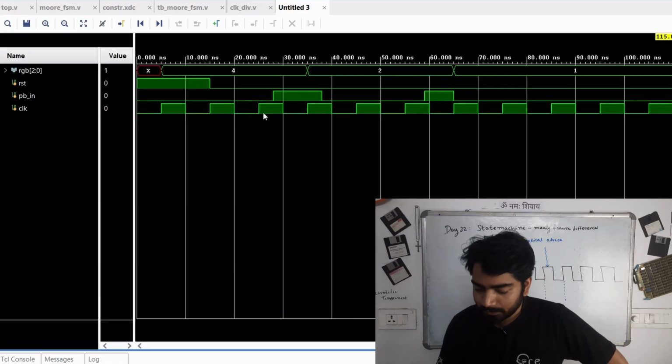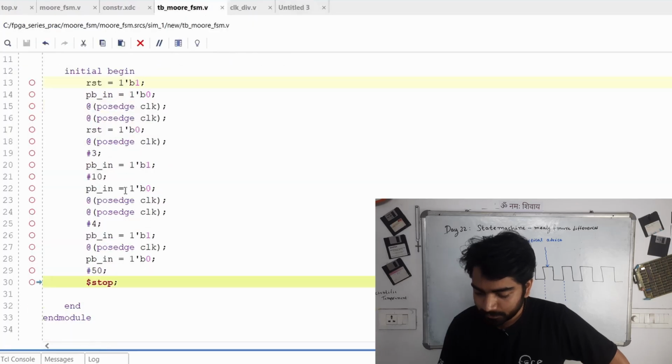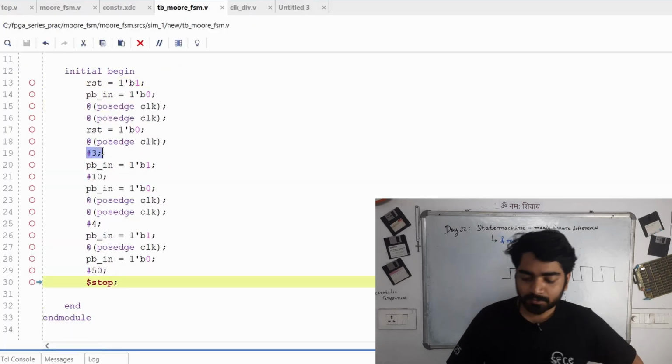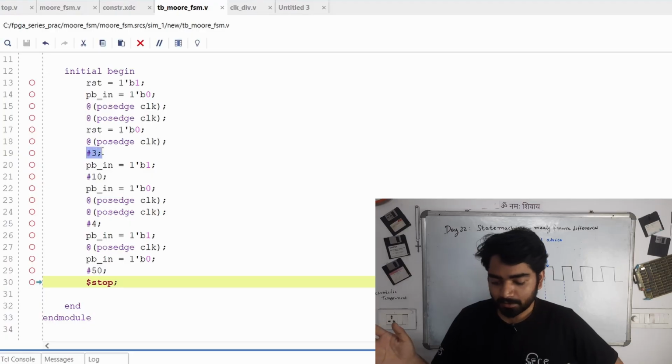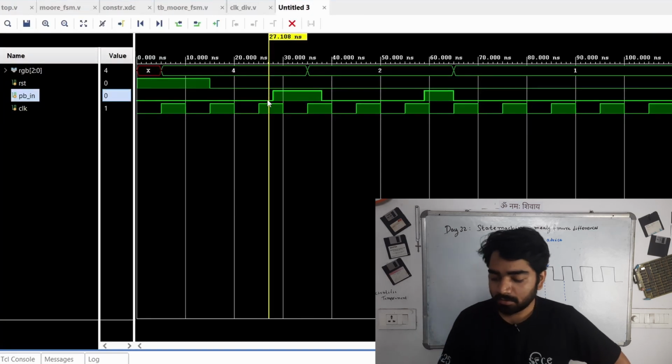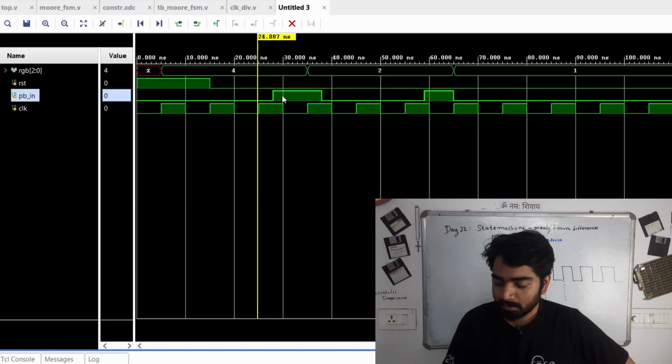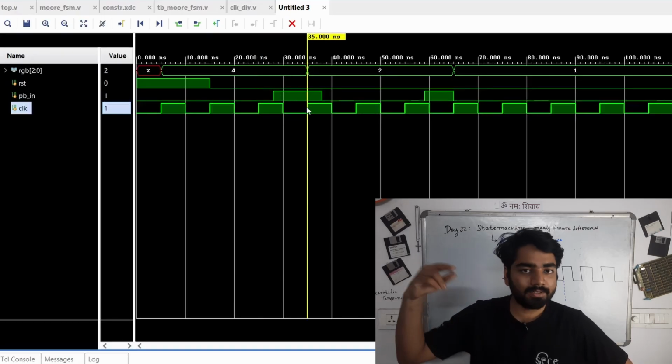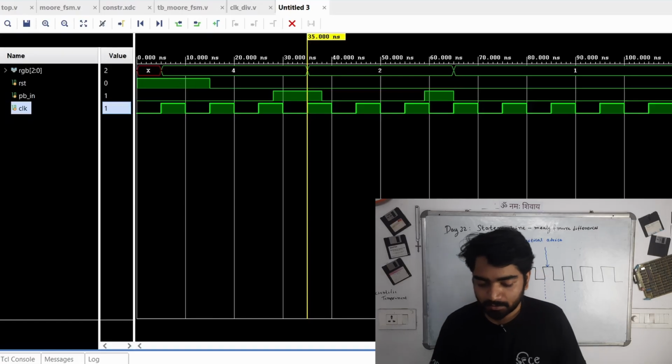So here if you see this signal over here, in the test bench I have shifted it 3 nanoseconds towards the right of the positive edge of the clock. I've done that so that we are able to see that the output is only reflected when there is a state change. Here you see the input has changed over here, but the RGB LEDs, which are the output, haven't changed. It only changes once we hit another positive edge of the clock. So if you see the state as well